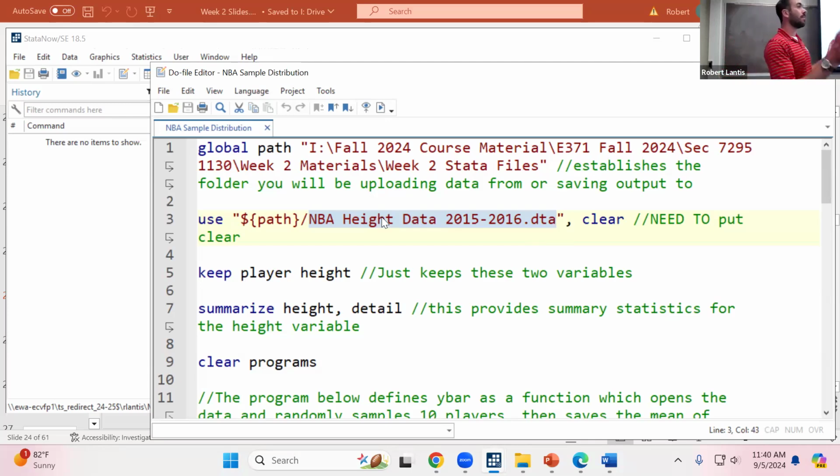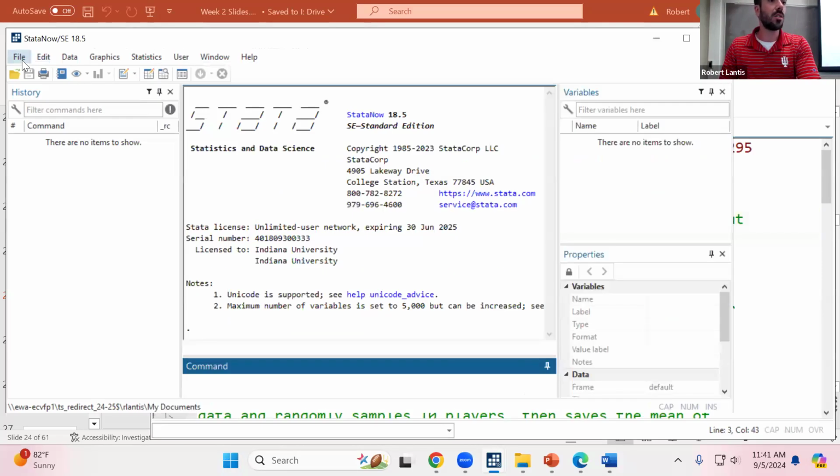I've got this already as a Stata data file, but mine is sitting in a folder under fall 2024, this section, and all these other different things. If you want, you could just drag and drop it onto your OneDrive, and then I think it would literally just be I semicolon, and that's all you would need as your path. Then you could run this, right? But one thing I want to point out is that anytime I have a use command, use just means open essentially,